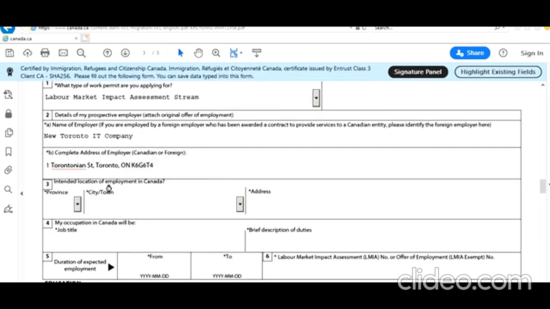Sample. Intended location of employment. Let's say he'll be employed at the same position, same location, Ontario. City, town, Toronto, address. Let me see if I can copy paste it.